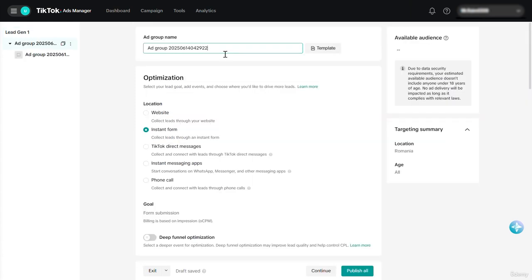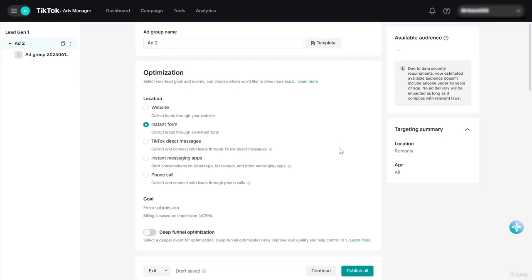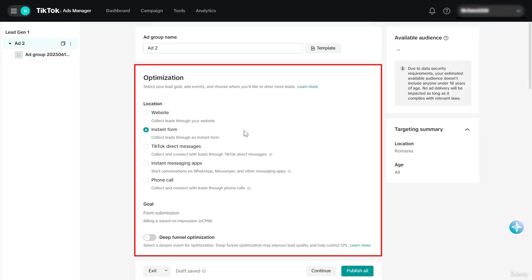Once you're here, you can begin by changing your ad group name. Let's do this, Ad 2. And then you have the optimization. Here you can select the location of where your leads are going to be directed towards, whether that's going to be your website or an instant form, TikTok DMs, instant messaging apps such as WhatsApp, Messenger, and other messaging apps,